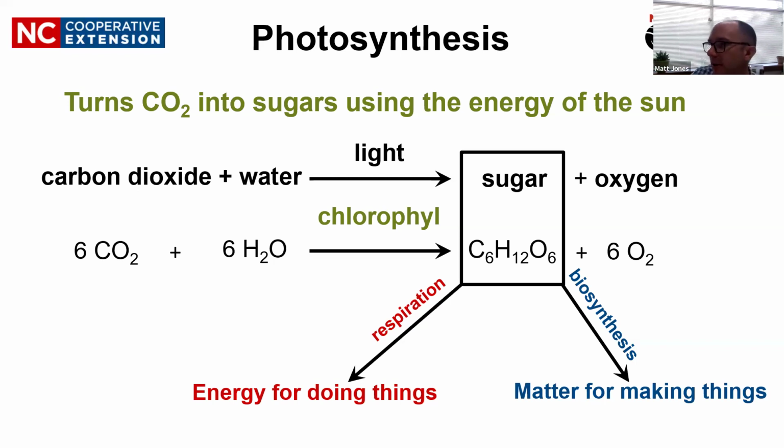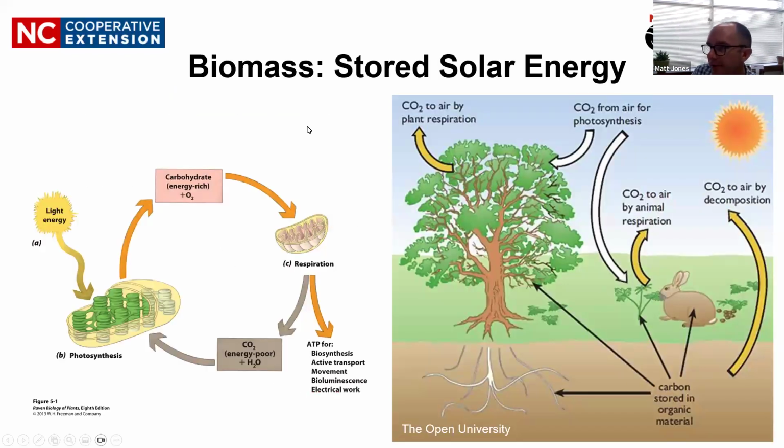So in those cases, they'll actually use more oxygen than they're giving off. But effectively, photosynthesis converts, and if you think of biomass, all the carbon stored in organisms on the planet is essentially stored solar energy. And that gets moved through the food web through organisms interacting with